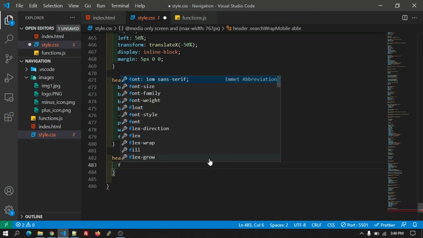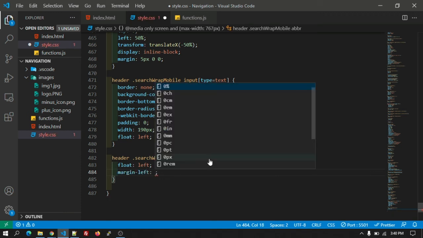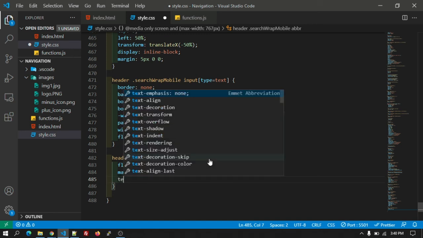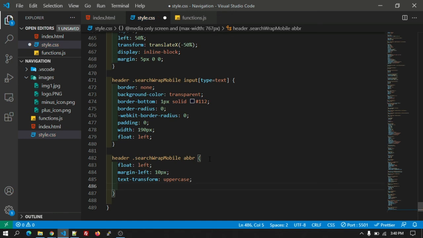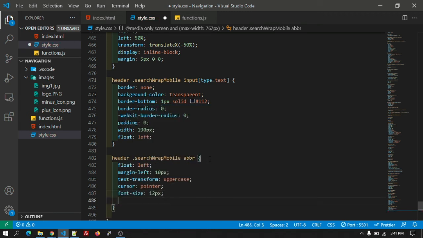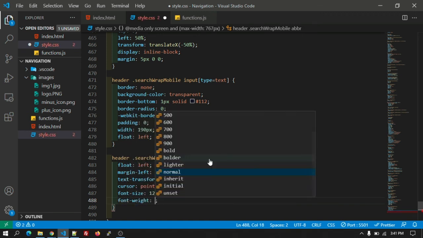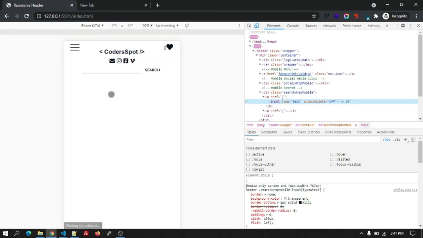Float left, margin left 10 pixel, text transform uppercase, cursor pointer, font size will be 12 pixel, font weight will be 600. Okay, so we are done with the mobile header.